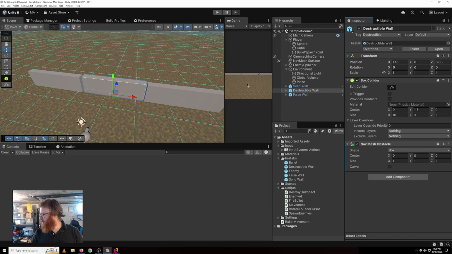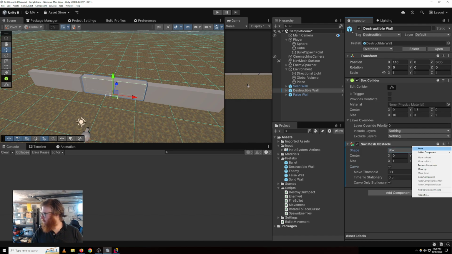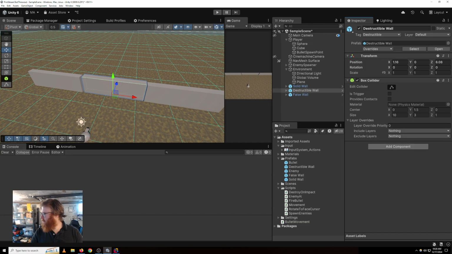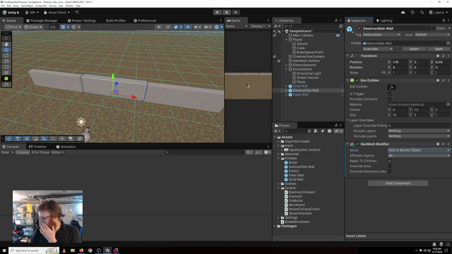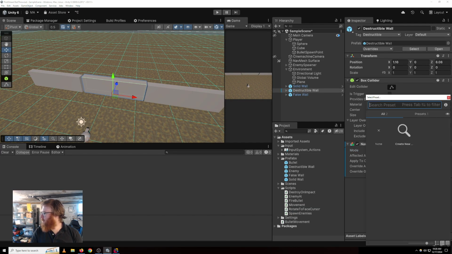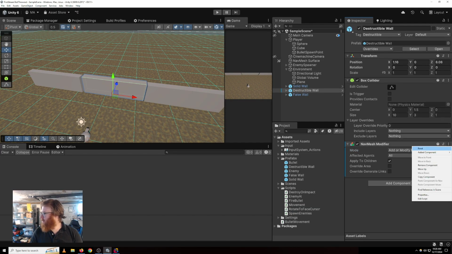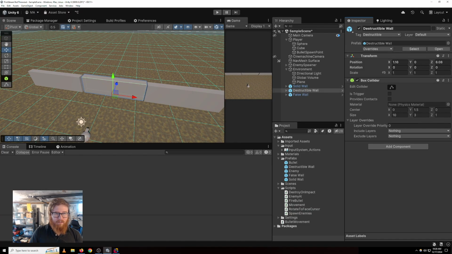Is it obstacle? Carve. No, I don't think it's obstacle. I think it's modifier. Maybe not. I don't remember everything I learned about using the okay,